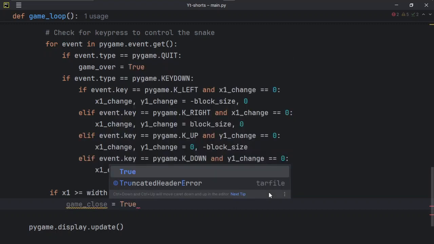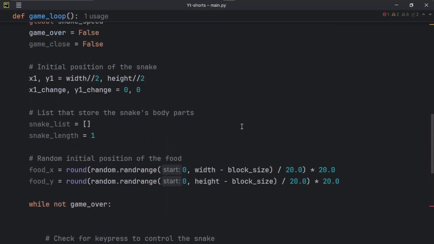But what will happen when game close is true? And that's where the second while statement comes in right here. So under this, we are going to have another while loop. Sorry, I said while statement, I mean while loop. So while the game is closed,